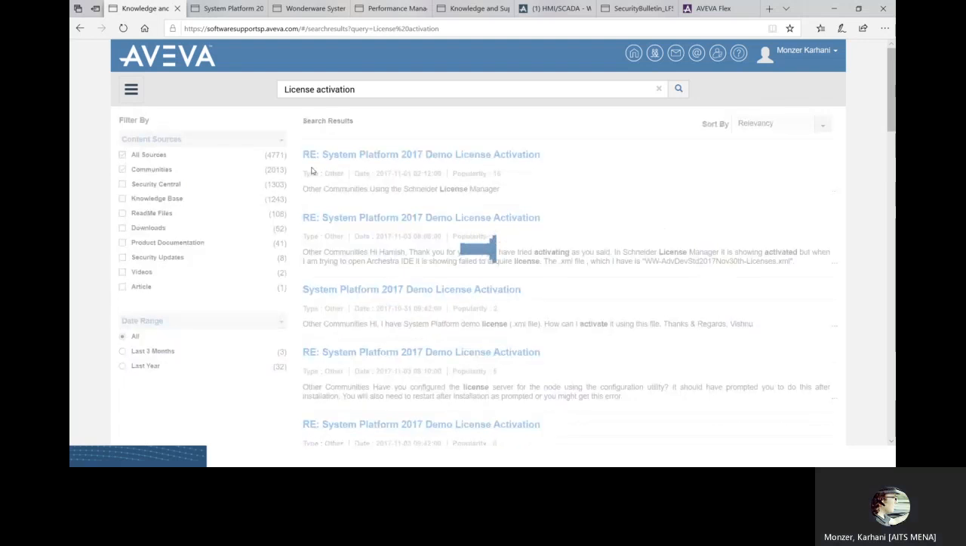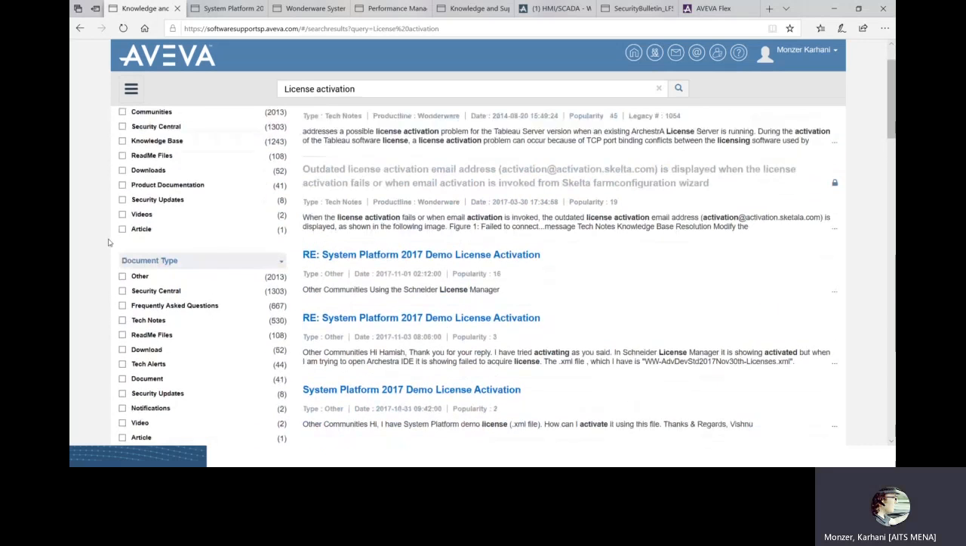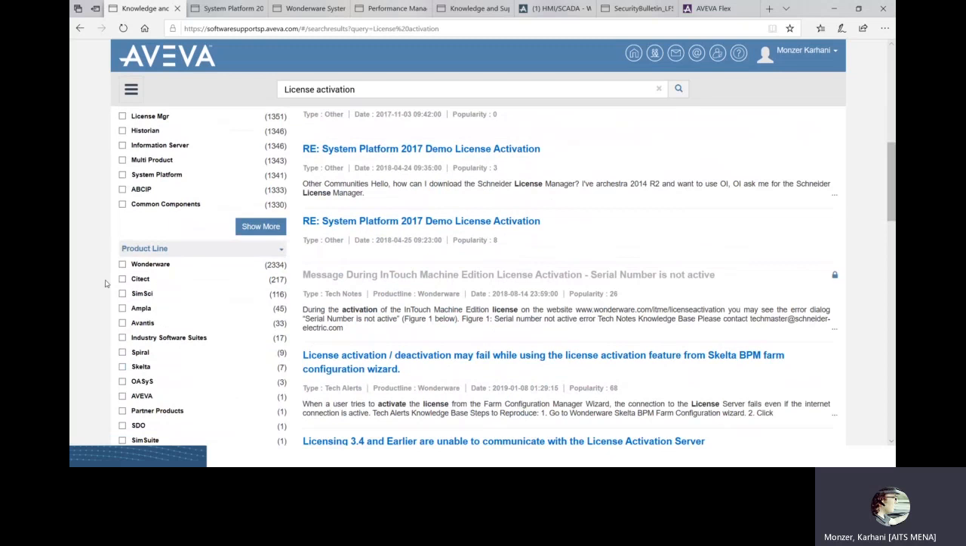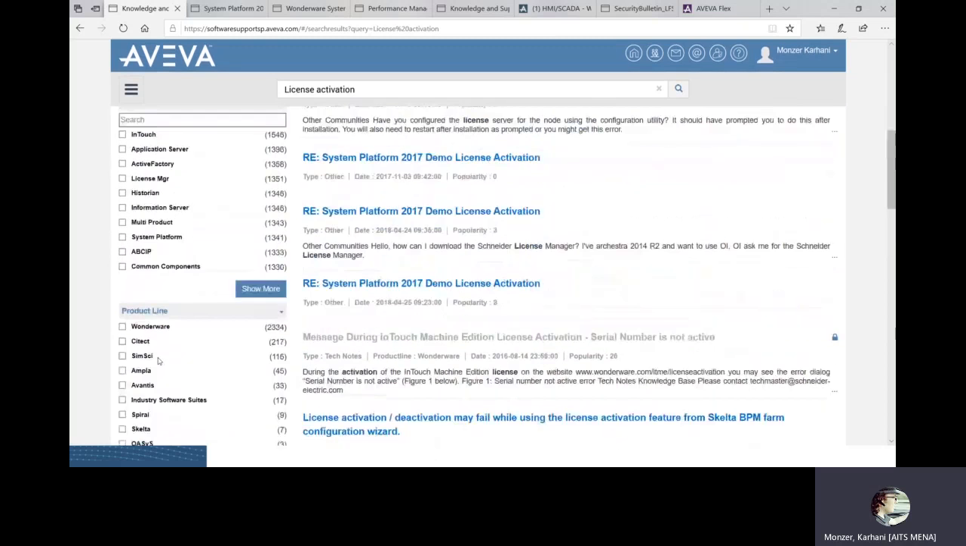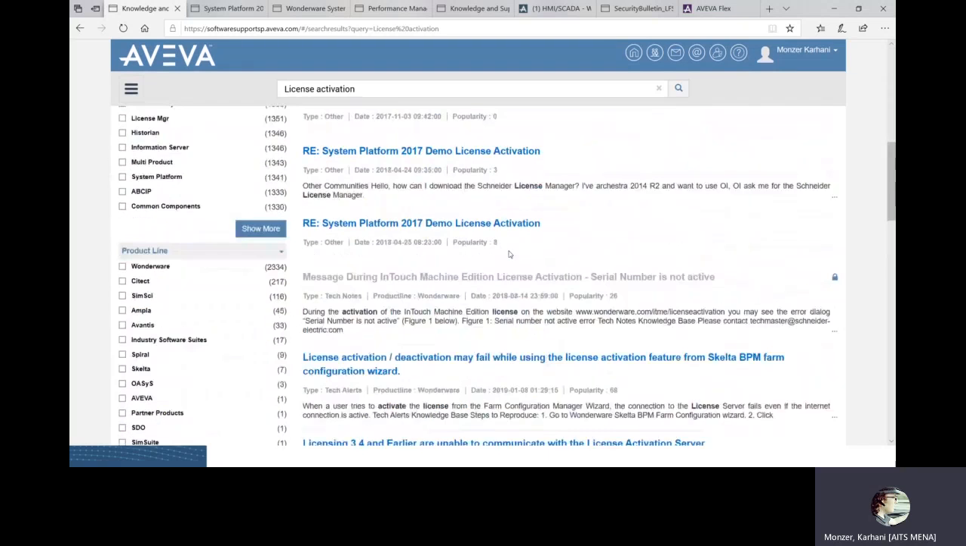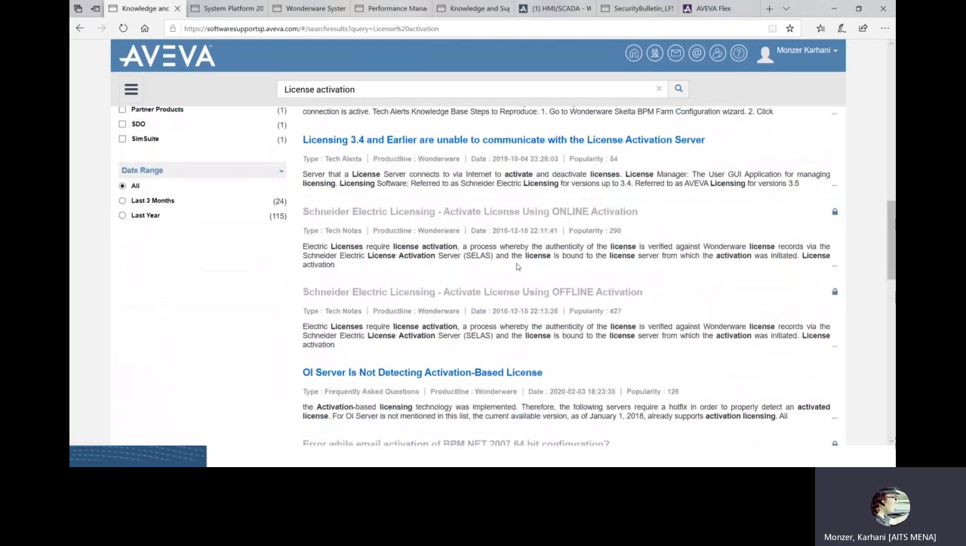And what is the product type? Is it a tech node, documents? Okay. What is the product? InTouch application server, etc. Product line. You can customize your search in the way that you want, and at the end you have the result. In case you are using the XML normal licensing, I highly recommend to download those two tech nodes: Schneider